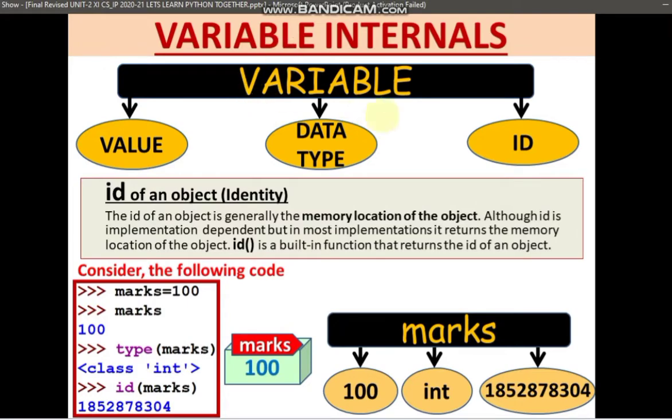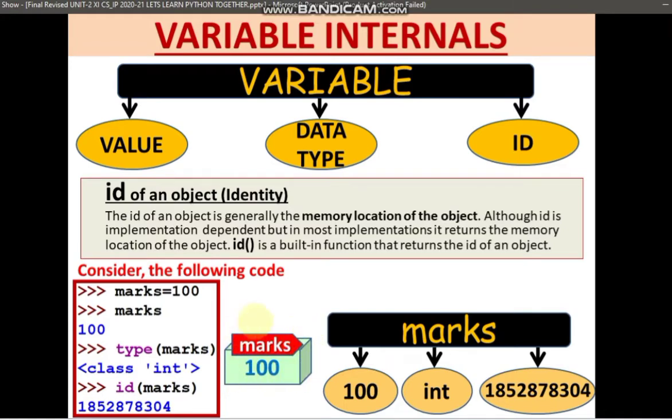Now let's see variable internals. Any variable has three main internals. One is the value which is assigned to it, another is the data type to which it is attached, the type of the data which the variable is holding, and ID is the memory location, the address of that particular variable. If we think of the variable as an object, that is, if we think of it as a block which is an object, which I showed you earlier in the pictures in the previous slides,